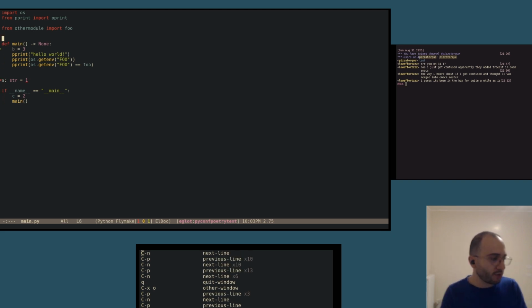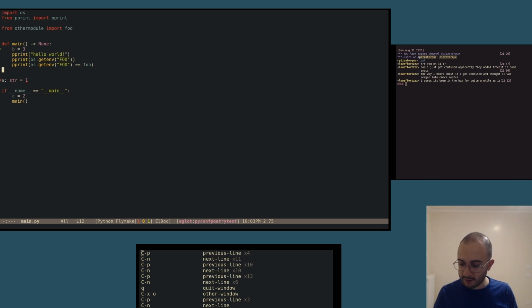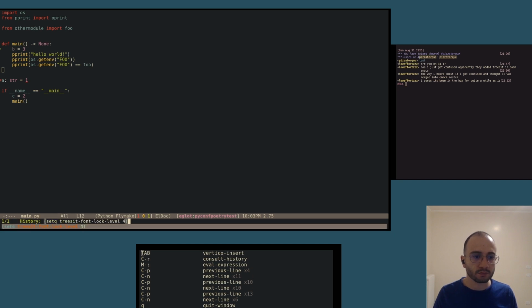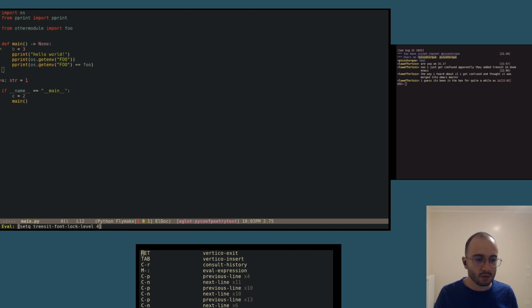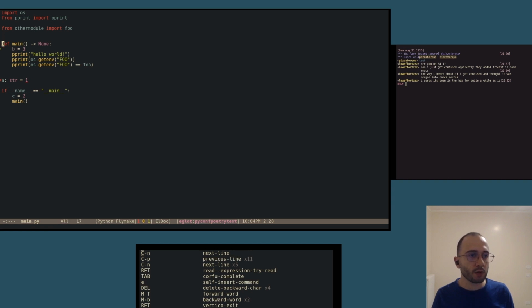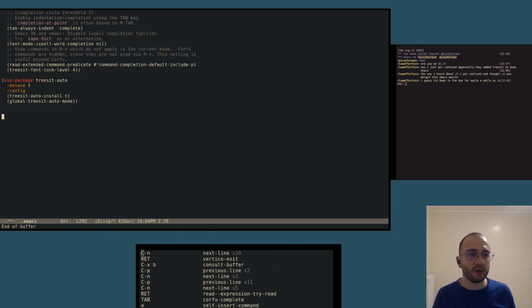But anyways, now that we have level 4, everything is nice and working nicely. Did I mistype this? I don't think so. Well, anyways, now that we set treesit and have very nice, lovely syntax highlighting,